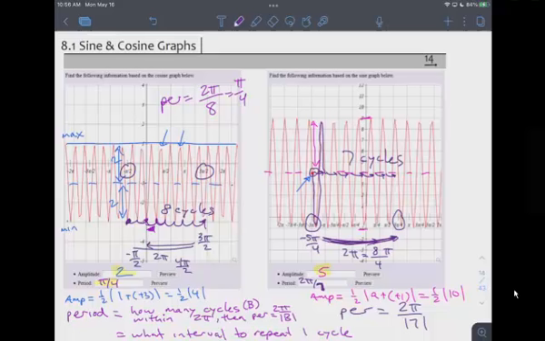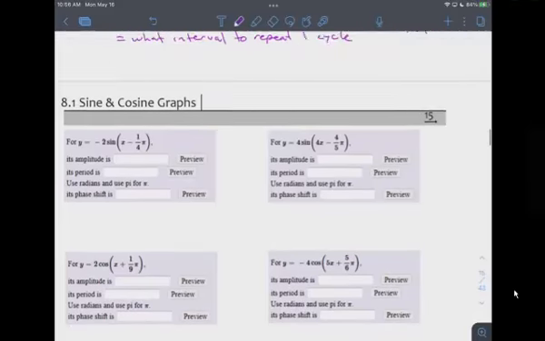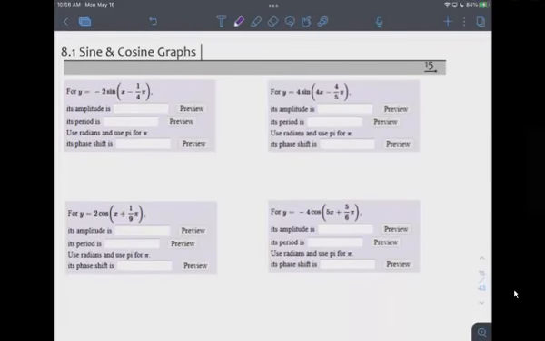All right. So the final question is just the calculation of all of these, for both sines and cosines. And we're going to introduce the negatives a little bit here. I'm going to do the first column for both of them, and then I'm going to have you try the last two. So for the first one here, the amplitude is going to be